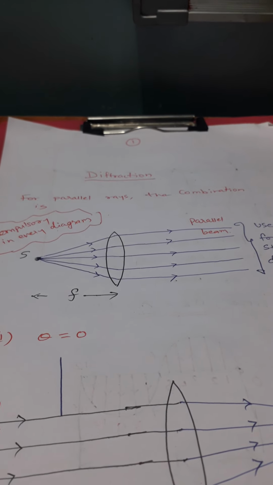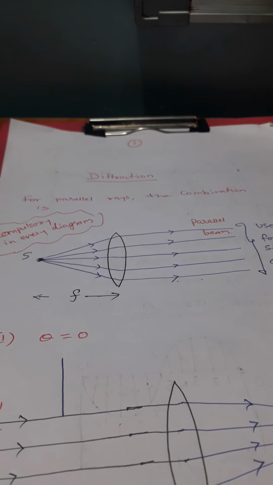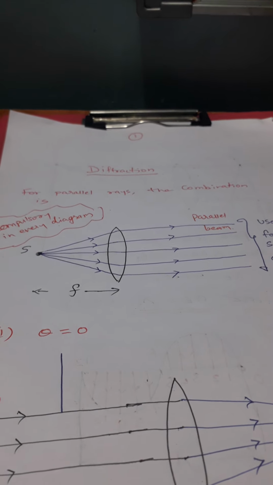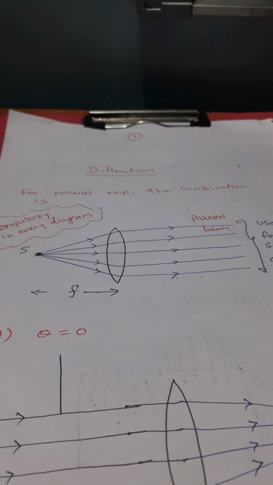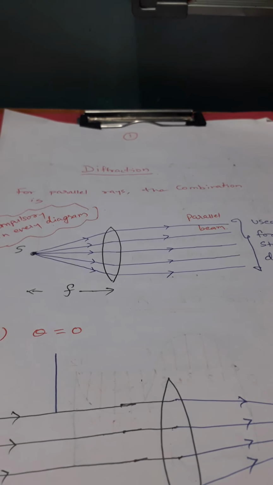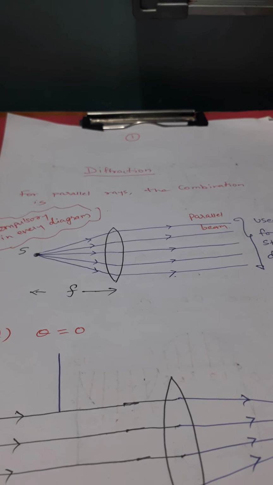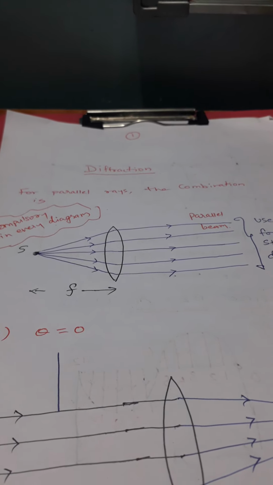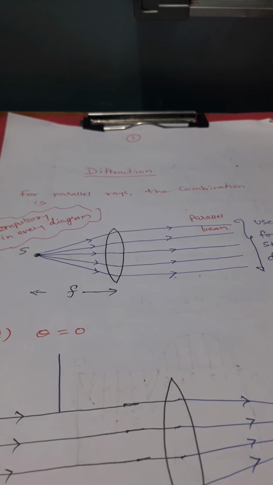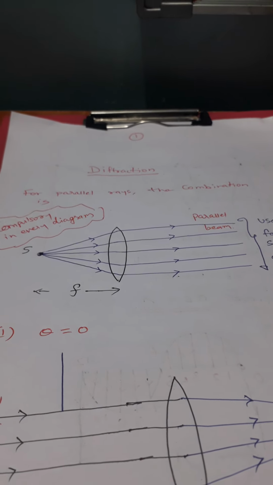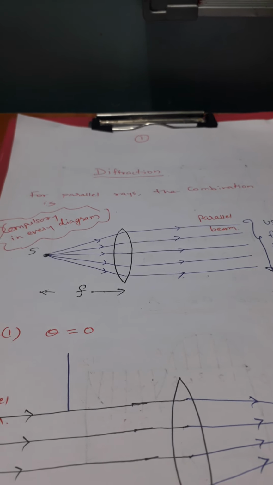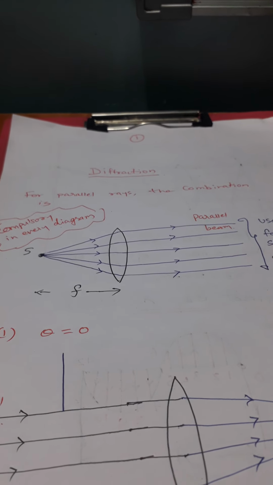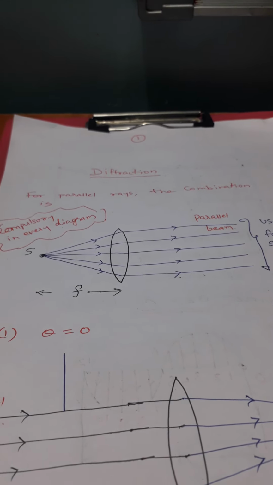It is the phenomenon in which a ray of light bends over an obstacle and encroaches into the geometrical shadow region. That's diffraction. There are a number of examples of diffraction in your day-to-day life as well. Some of them: light entering a geometrical shadow region. If you see the shadow of any object, you will find that the shadow appears dark or faint, somewhere dark, somewhere faint. So basically that's diffraction.